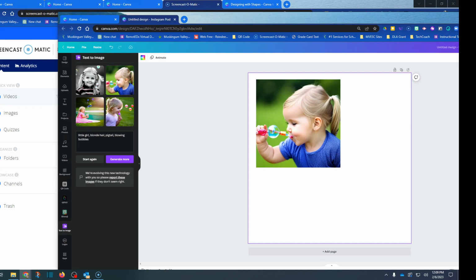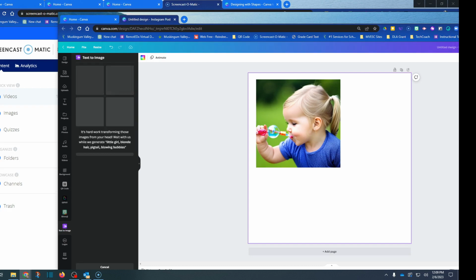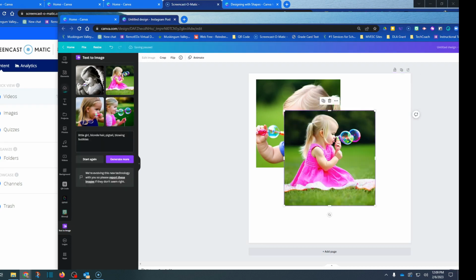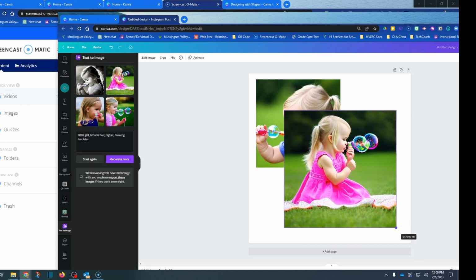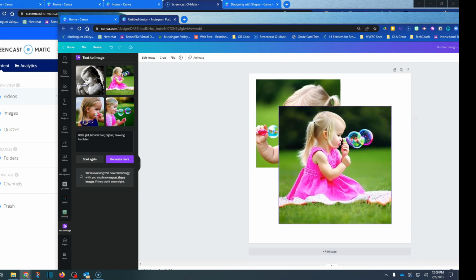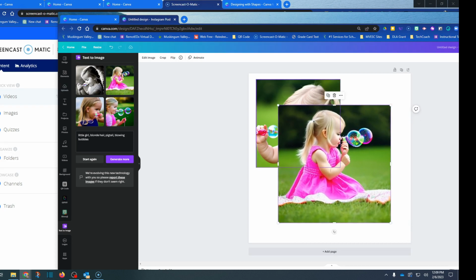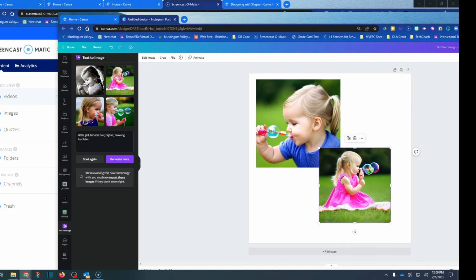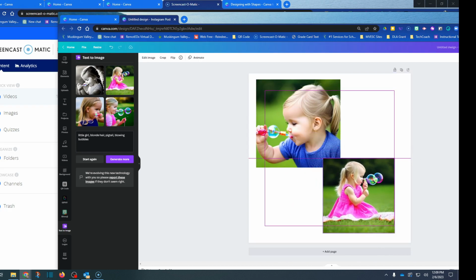If I didn't like that, I could hit generate more. It's going to think and it's going to come up with some additional ideas based on those words that I gave it. So let's continue. And here are some more that it's generating. Now, it's not going to be perfect, but look at that. It's trying to think about the different descriptions that I gave it, and it's trying to come up with something that is basically how I described.